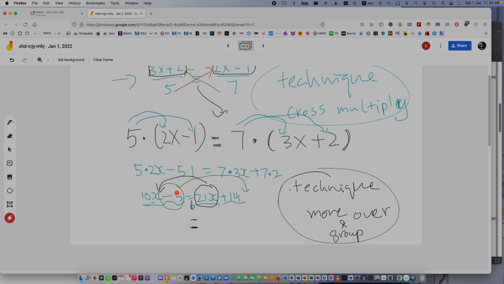Continue. Do it for the 21x first. So this is the first arrow. This is the first move. This is the second move. So this is what you need to do next time for onward. Go ahead, do it. I already helped you move the equal sign below. So the 21x, you move it over, becomes